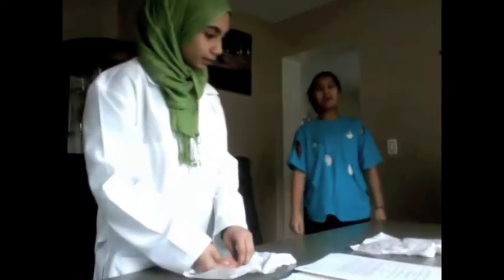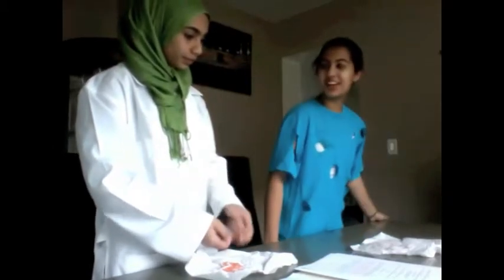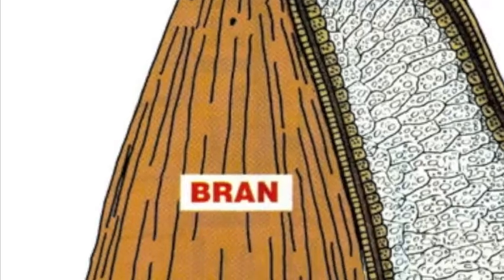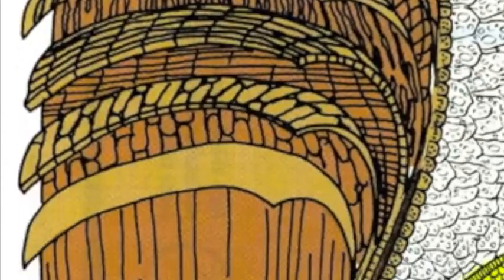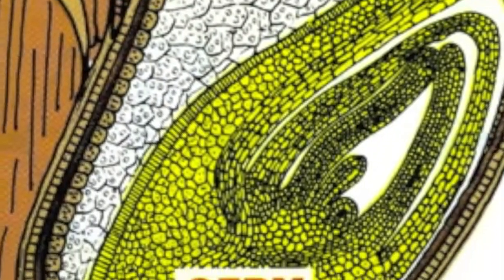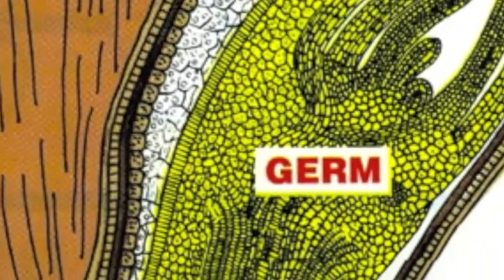Hello, doctor. I'm excited to see how you modified the rice. Oh, hello. I'm glad that you're excited. Let me begin by explaining the basics. Okay. This here is a diagram of the rice. This is the bran, or the wall of the rice. Another part of the kernel is the germ. It is the embryo of the seed.